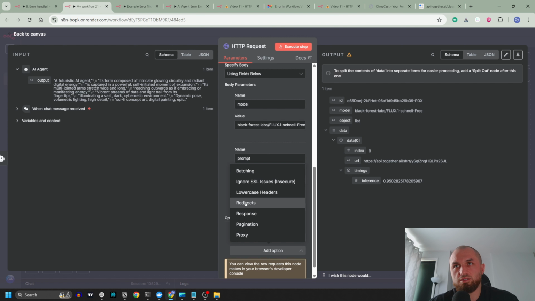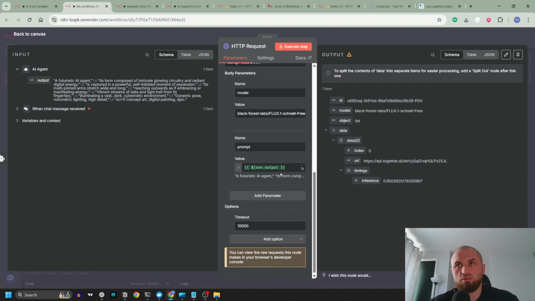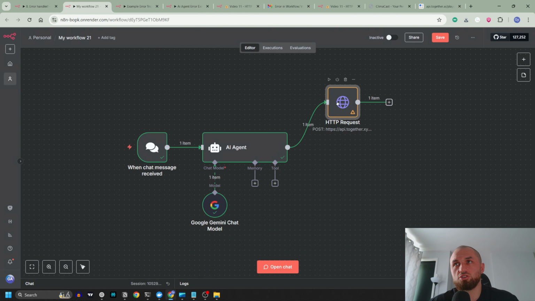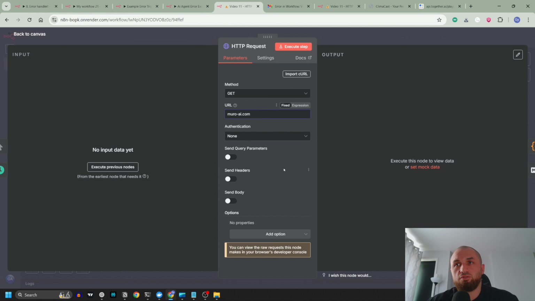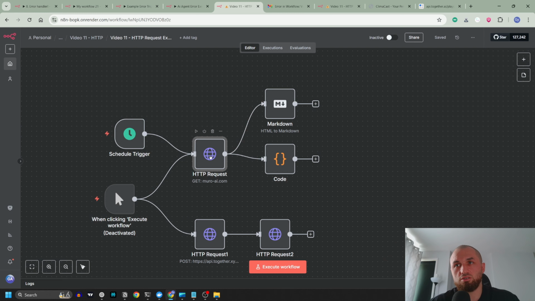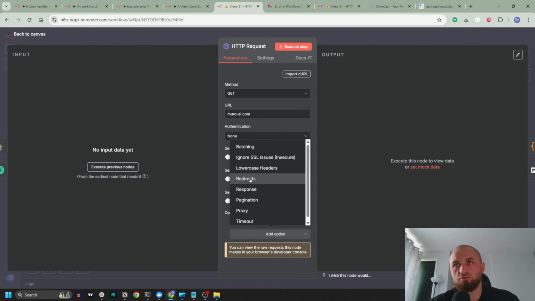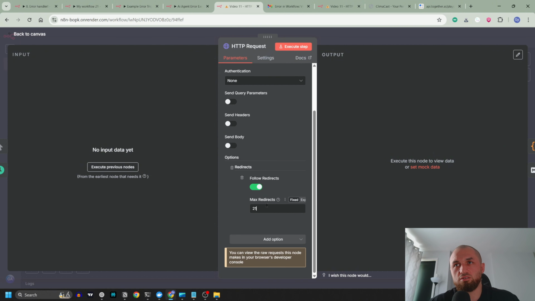Also, here, redirects. If you are using scrapers or hitting different URLs, some websites, for example, if you try to HTTP request them, have redirections. In the beginning they have some pop-up, and then you have to redirect to get into the website. So in the HTTP request, you have to come down in the options, add option, and click redirects and follow redirects. You keep it at 21, 30, whatever number you put, and then when you execute it,